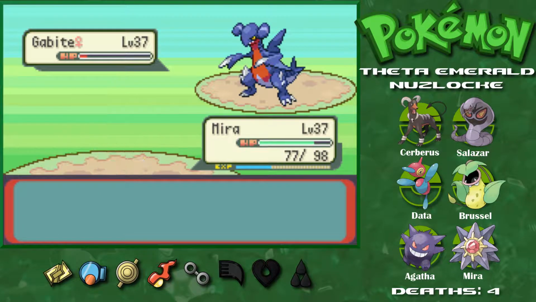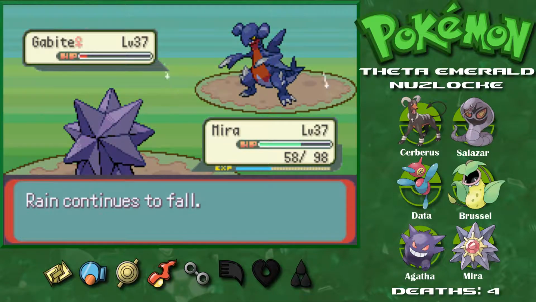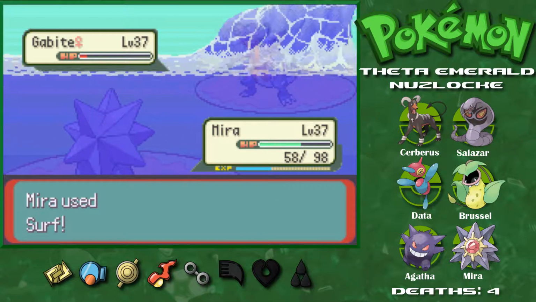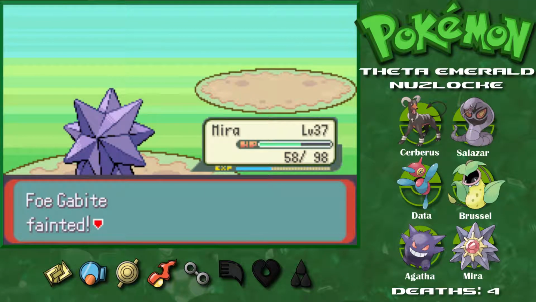Oh, and that didn't knock it out. I'm kind of surprised. I guess we'll hit it with one more Surf and finish it off here. Yeah, I'm kind of surprised a rain-boosted Surf didn't knock out the Gabite. That's kind of interesting. So anyways, next up, I think we're on her final Pokemon now,